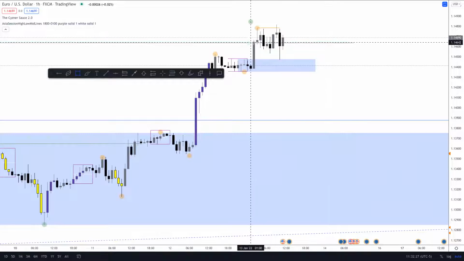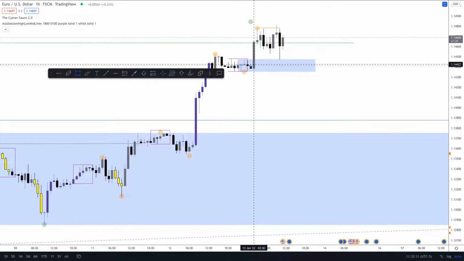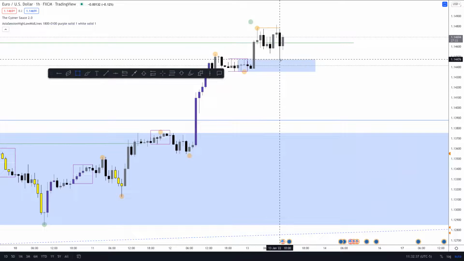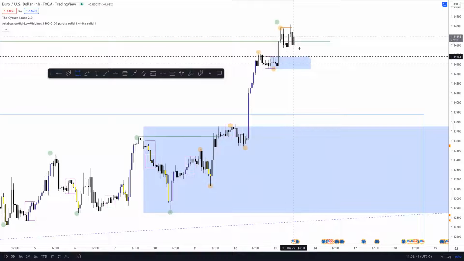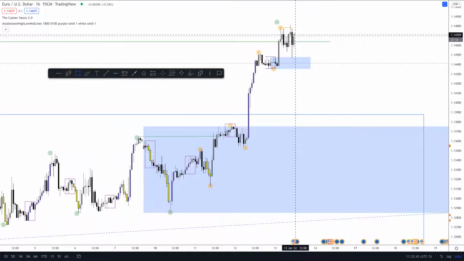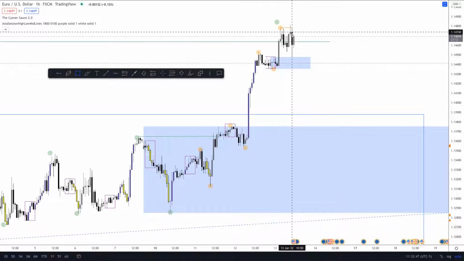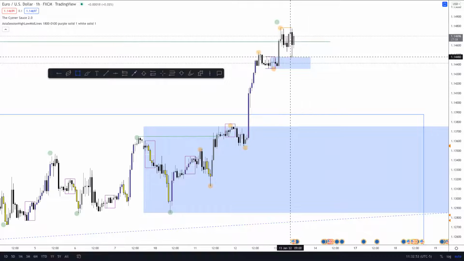All right, and like I said before, in the 4-hour, this was one candle breaking. Well, this whole area right here was acting as the part where we could ping pong it. This is where we could hop in buys. Now it looks like it's giving us another opportunity to sell as we have a sweep, bearish engulfing, and here's our retest. So it looks like the market could come back down, but either way, we're hedged,